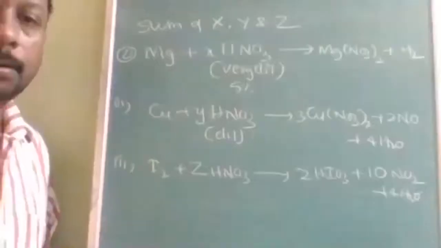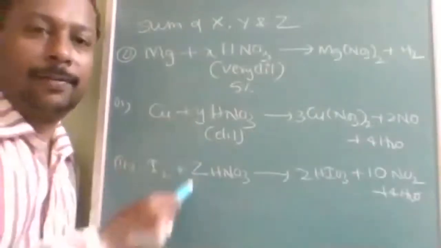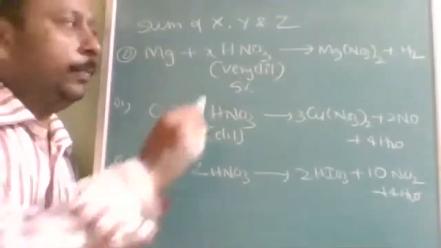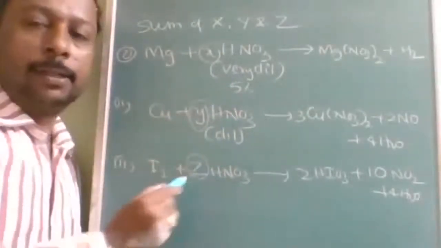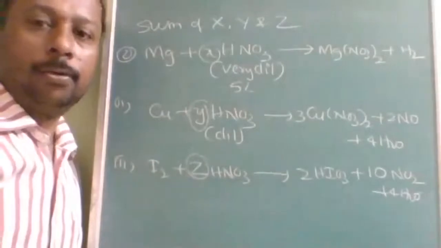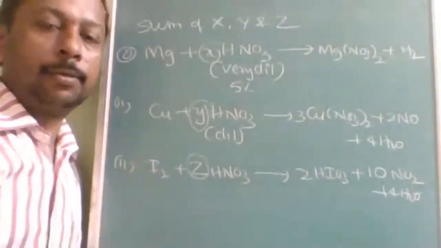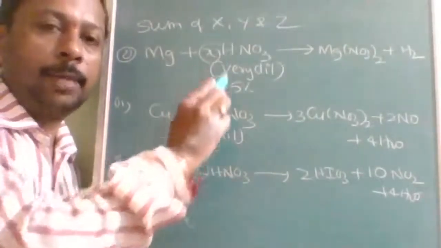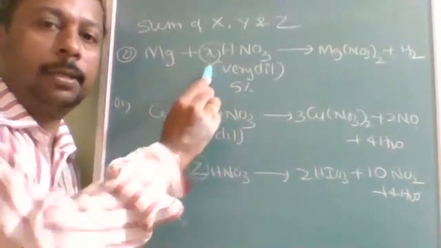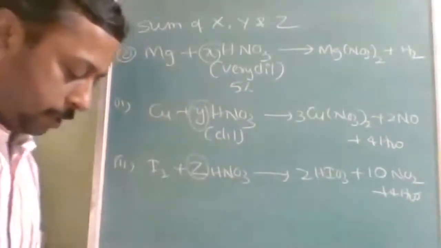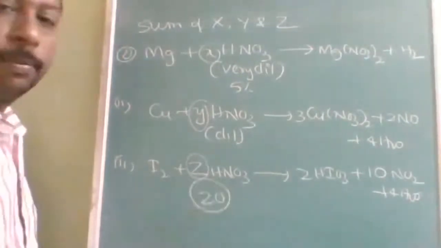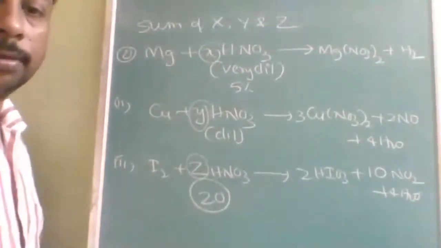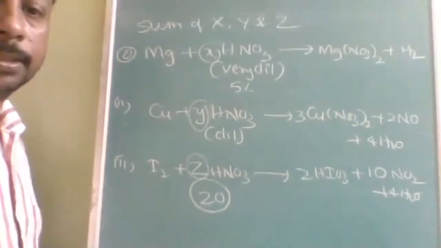Okay. 3 reactions are given for balancing. So people earlier, what they used to do, from the options they would substitute and simplify. To avoid that, this type of integer question is made. So you have to balance all three equations, then you will get x, y, z. So the answer you will get, you can do it. It is a time taking process. The answer to this question is 20. How much is it? 20.